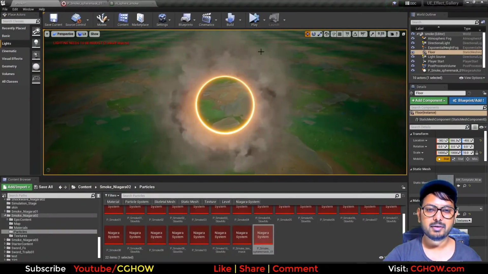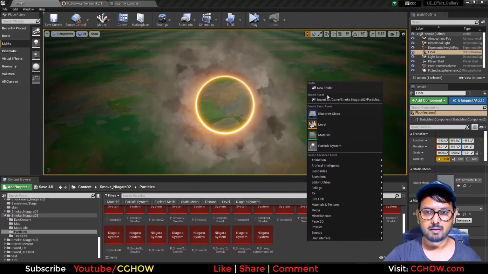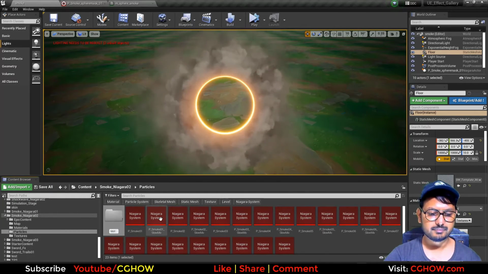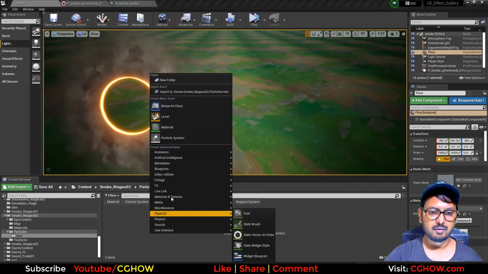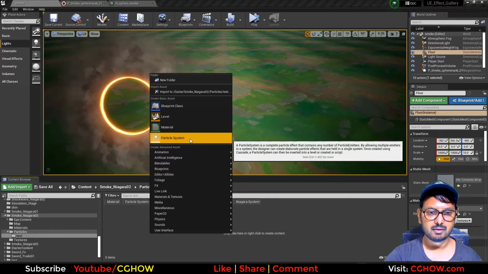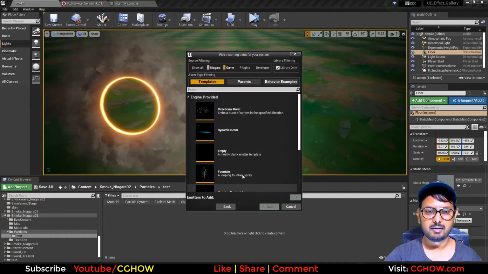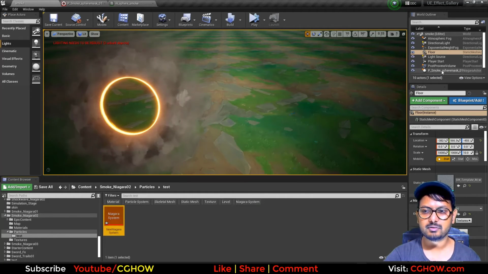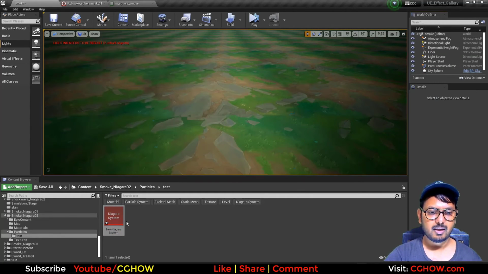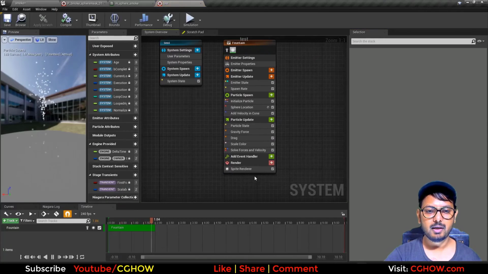So how I created this: let me just make a folder, test, and in this folder I will create the FX, and this effect I will just delete from here, and in this, let's rename it test, and here I will